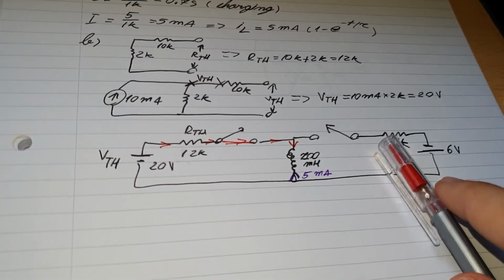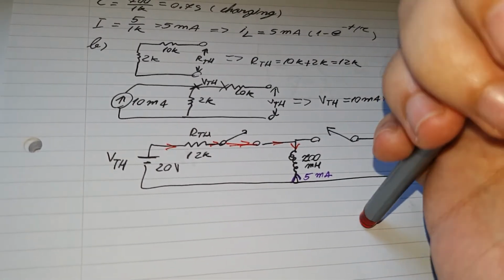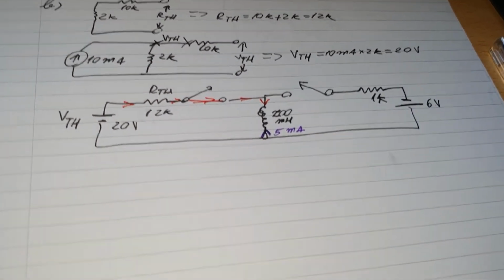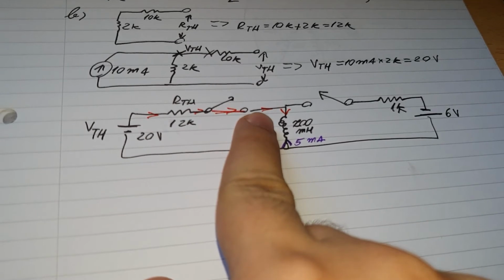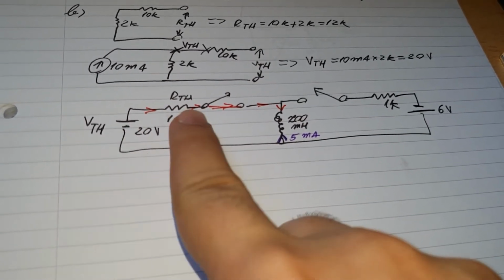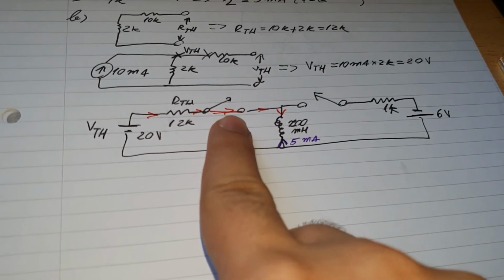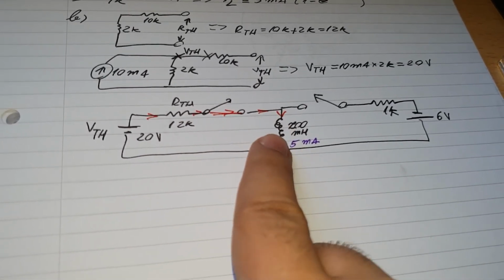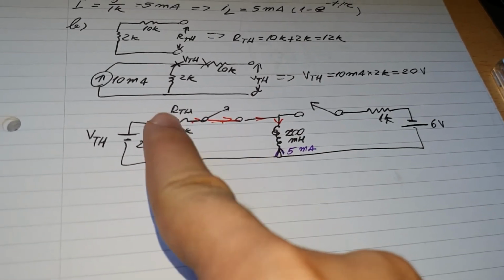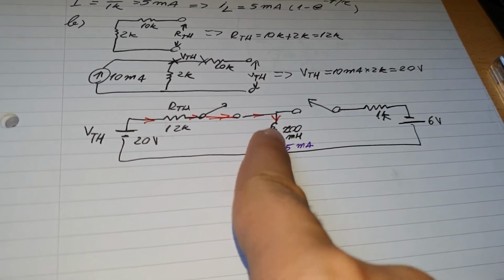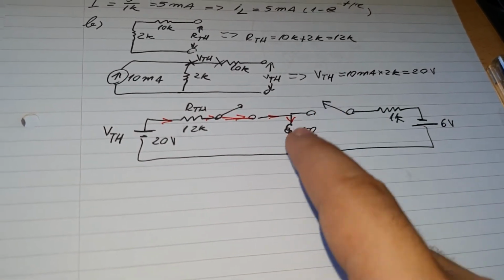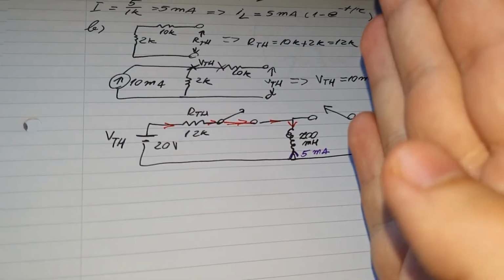It means that they will be fighting each other. And what do I mean by fighting each other? Well, because this switch is closed and this switch is open, eventually the current from VTH, from switch number 1, will overcome this purple current, the 5 milliamps. So over time, this current will be the predominant current inside the inductor. Again, because this switch is open and this current cannot hold it back forever.